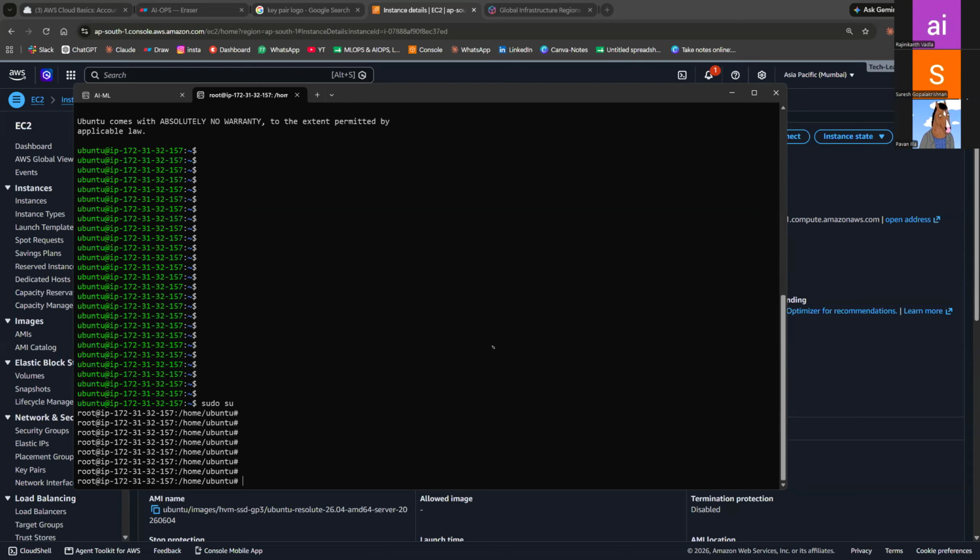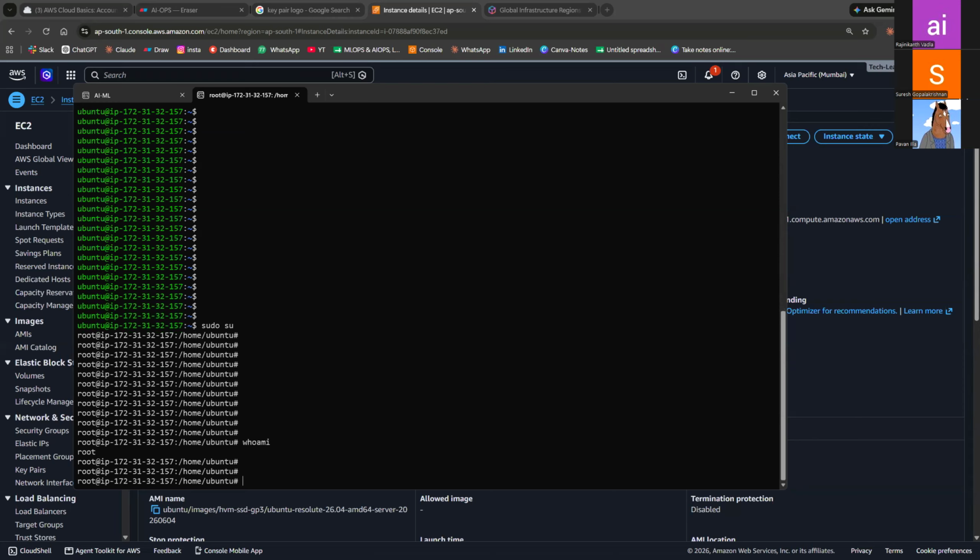But most of the time on the AWS side, whether you're a cloud engineer or AI, ML, Gen AI, whatever, if you have access to the servers, you must have root permissions also. It's recommended to have. Okay, who am I? When you ask, I'm a root user right now. So here, do I have any files?